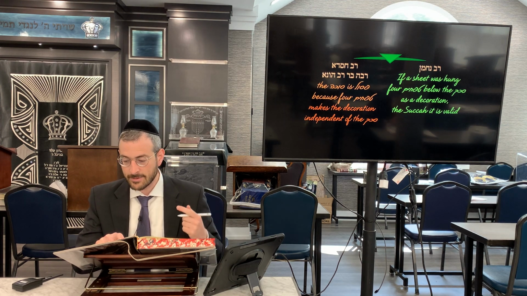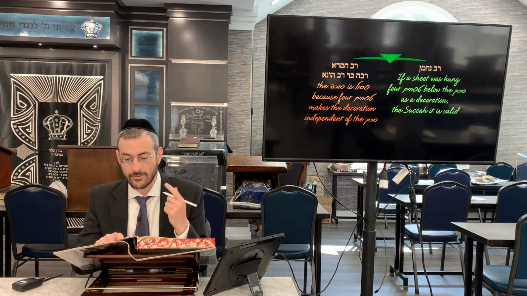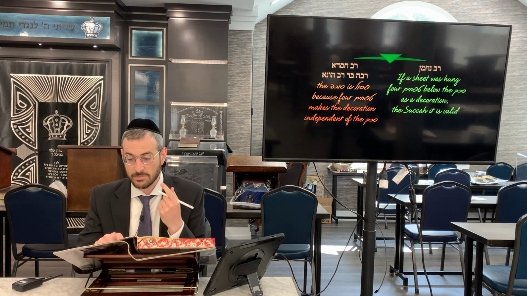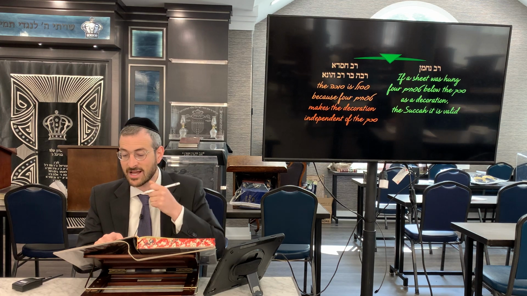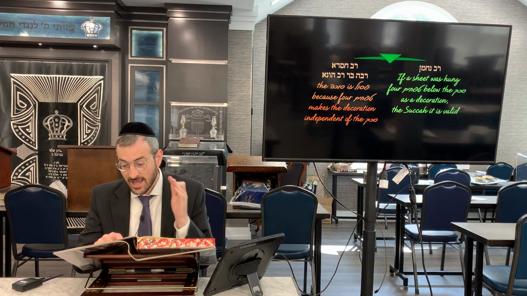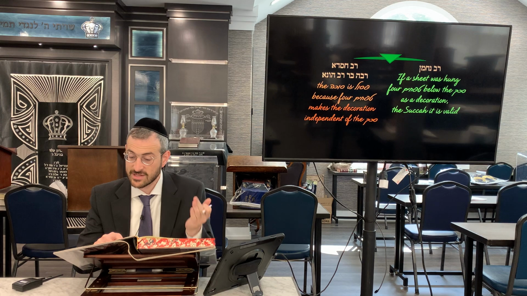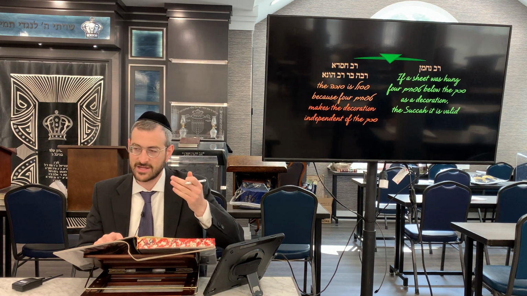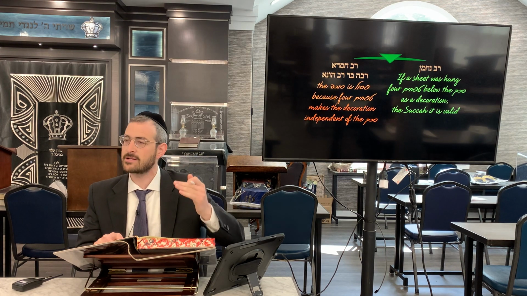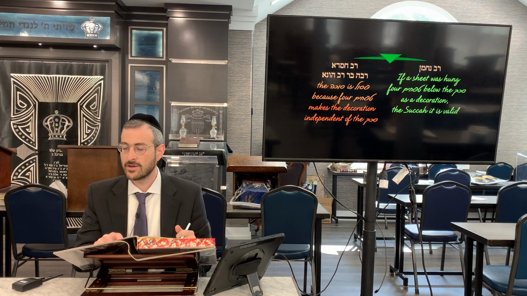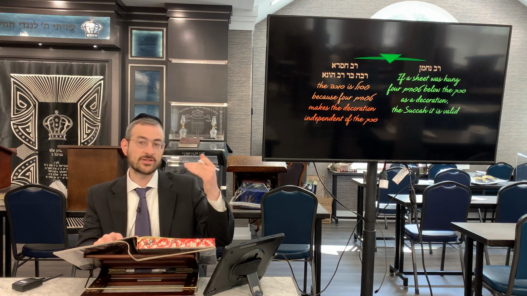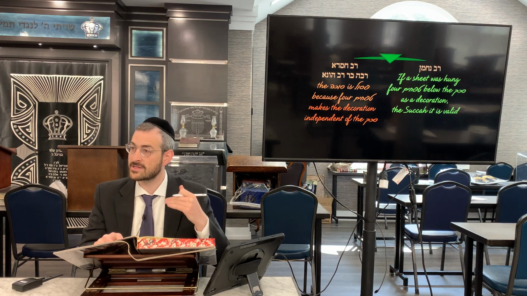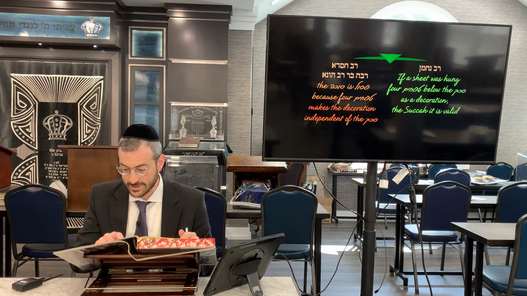But why does this opinion hold that when it's 4 tefachim away, it's going to be invalid? Rashi explains, because you have an ohel that's being mafsik, and it comes out that you're not sleeping in the sukkah. But Rav Nachman held, however, no, that since it's for noy sukkah, just for decorative purposes, it's considered nullified to the schach, even if it is 4 tefachim away. So that's the machlokes, if it's 4 tefachim away, in decorations, you want to know, is it considered its own entity or considered batel? That's a machlokes, which the Gemara actually brings as a story.